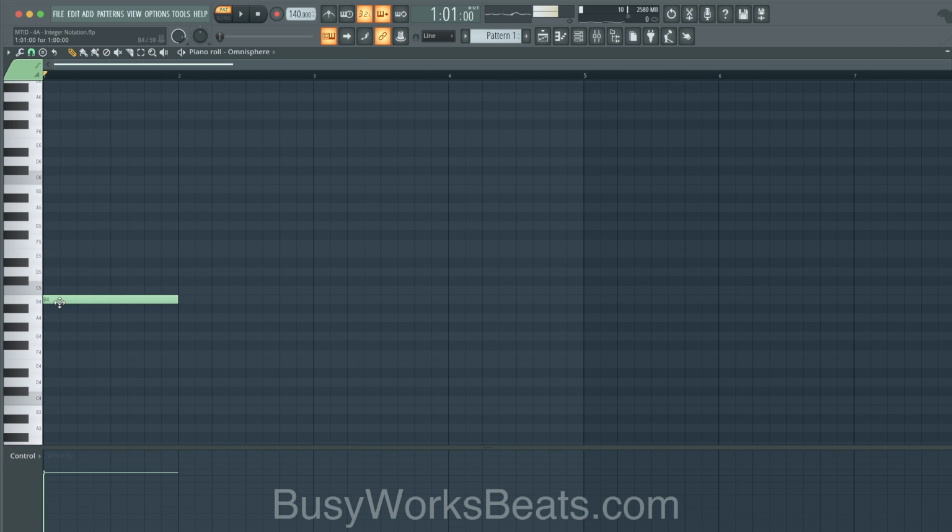Okay, so the major chord is 0-4-7. This is 0. Wherever we start is 0. Just count up your keyboard. So it's 0, 1, 2, 3, 4, 5, 6, 7. That will always make the major chord no matter where you are on the keyboard.